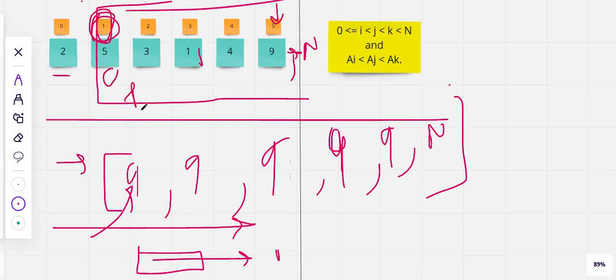We will simply go into the array and check right of 1. So right of 1, which is 5, is 9. So the answer would be 9. We do not need to do this operation again and again. We have computed it once and we can simply fetch it in O of 1 time. So this rightmost part is done.